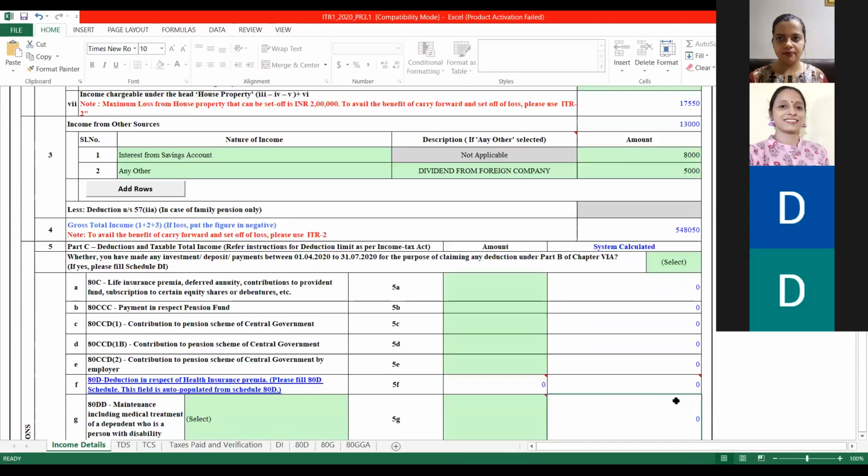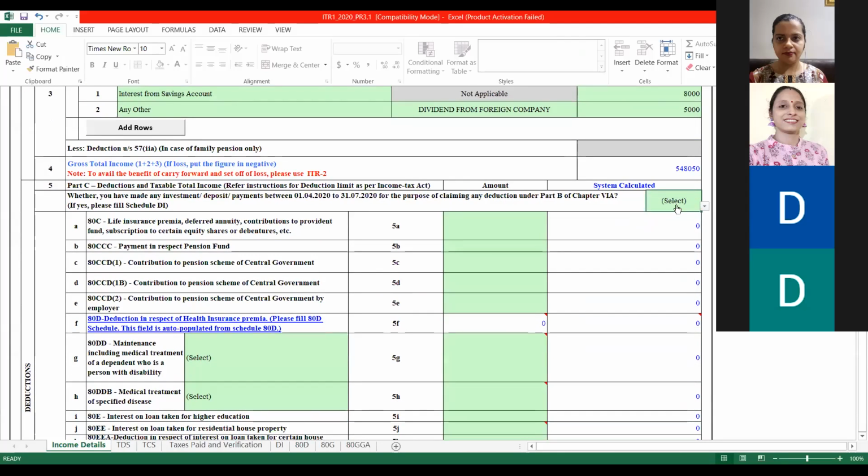Before moving to the deductions, it is asking me here whether I have done any kind of investment between 1/4/2020 to 31/7/2020. Otherwise, we are supposed to invest till 31st of March only. And if we invest after 31st of March, that is April, May, June, then it is to be taken for the next year. But considering the pandemic situation, since the date for the filing of return has also been extended, this particular benefit is there that if you have invested till 31st July, you have the option